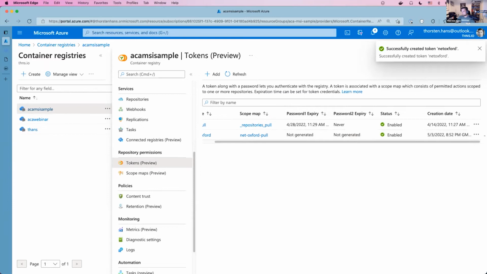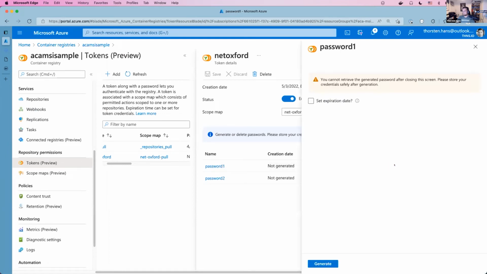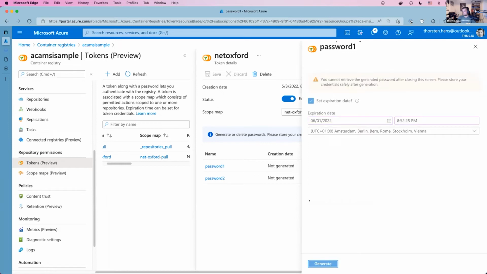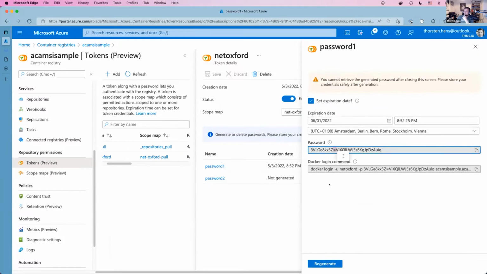And then we have to scroll over there because I zoomed a bit. Ah, no, we have to click it. And we have to set the expiration date to 1st of June, 2023. No, it's a little bit too long. Next month. And as you can see right now with that password, we are able to log in on any machine. We can invoke Docker login with the user net Oxford with that password. And at the end,